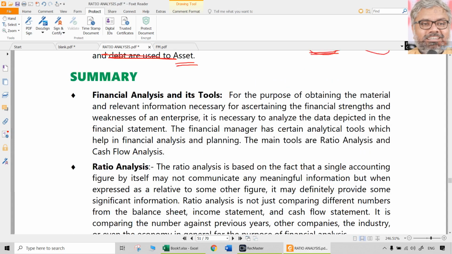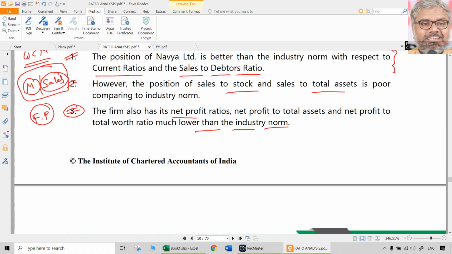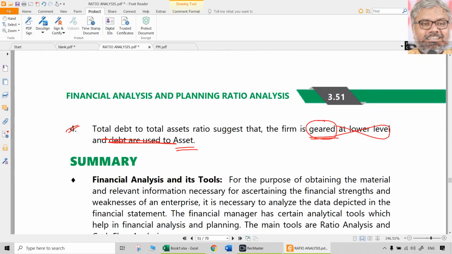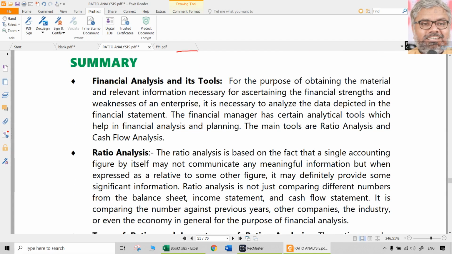So these are the various comments that we can say. So position of current assets and the current liabilities as working capital management. Receivables management is good. Sales is poor. Profitability is poor. And financial risk is okay. That's better compared with industry norms. Because debt is there. That is completely not absent, but at a controllable level. Compared to the industry norms, the financial leverage of the company is lesser, which automatically indicates the financial risk of the company is also relatively lesser.